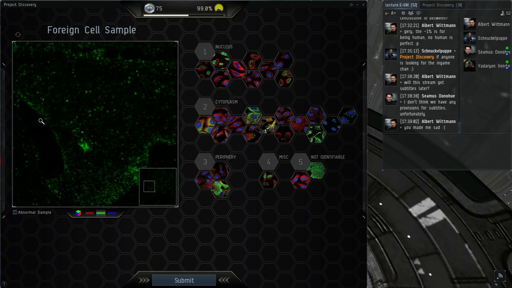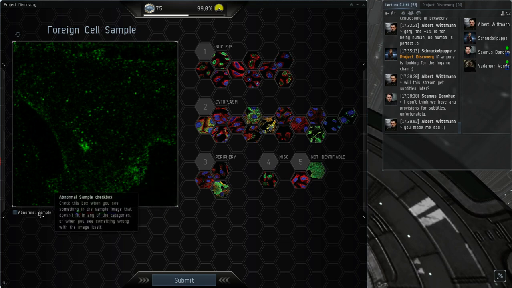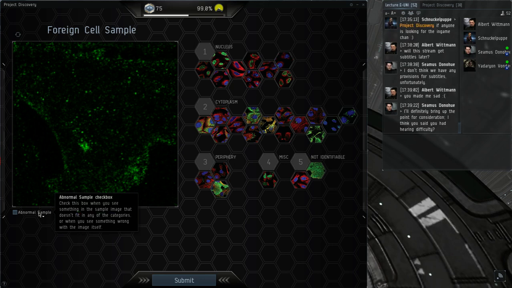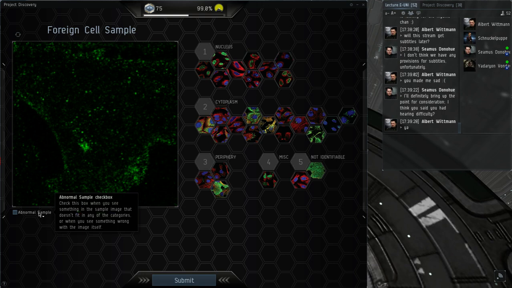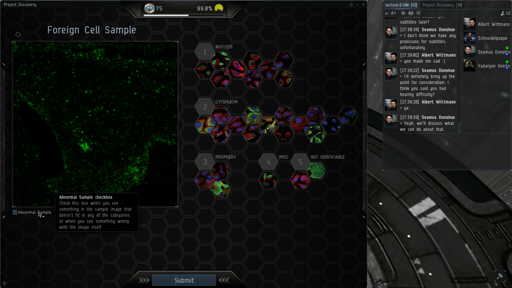I also see a question about the abnormal sample checkbox, so I'll answer that before. The abnormal sample checkbox is if you see a staining pattern that you don't really think fits into one of these categories. You think this is something really new and novel. Let's click it. It's also for if you see samples that are looking really weird in some way. Maybe the red channel is broken halfway through or something. They can also click this. We will have a look at all the samples that are marked abnormal to see if they look okay and what's up with them.